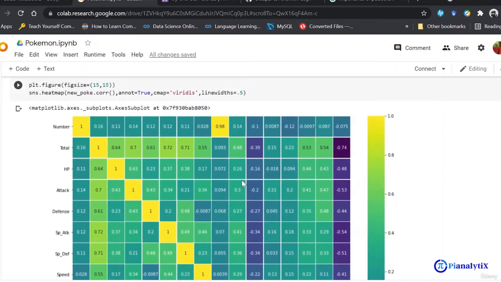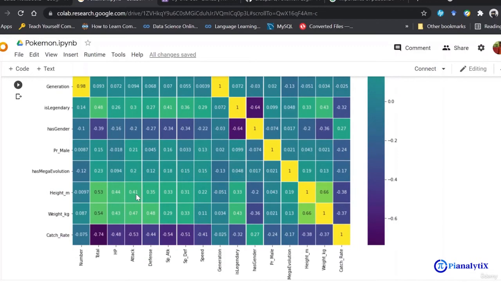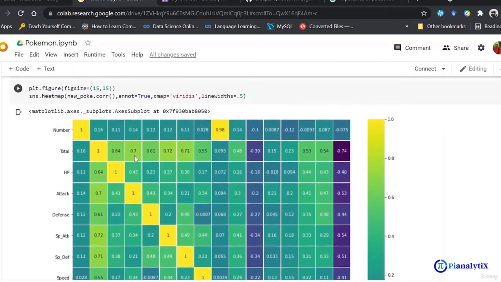So you understand from your data set how many of your columns are directly or inversely dependent on your categorical column, or how many of your columns are actually giving you the same information. Let's say for two columns, total and attack, they are directly proportional and have a correlation value of 0.7, which is very high.